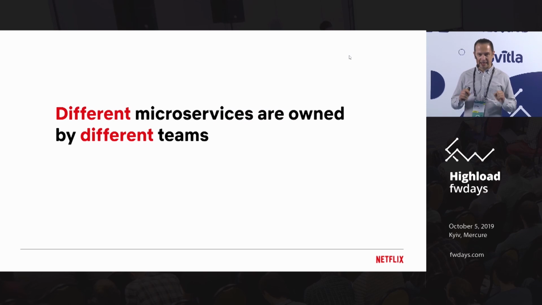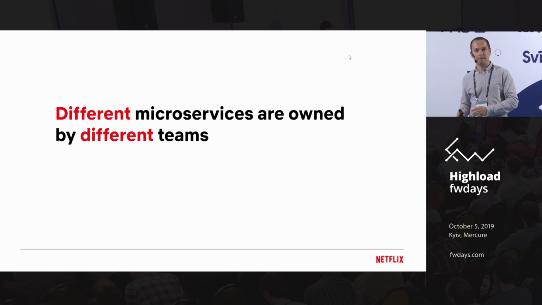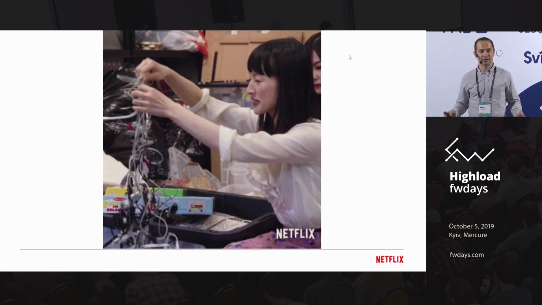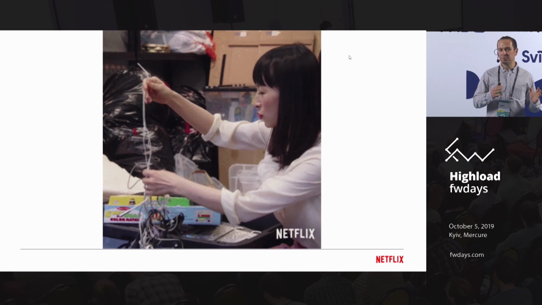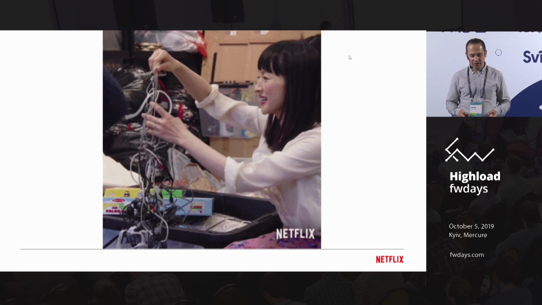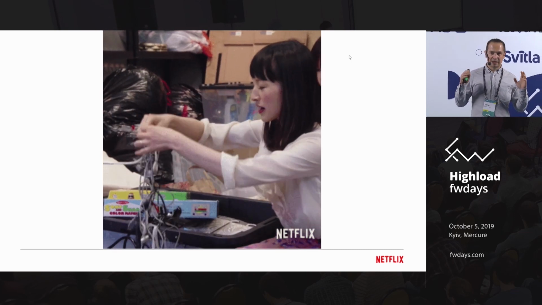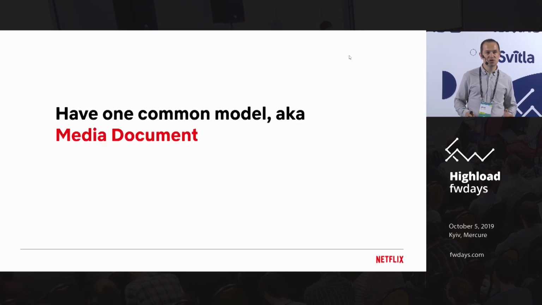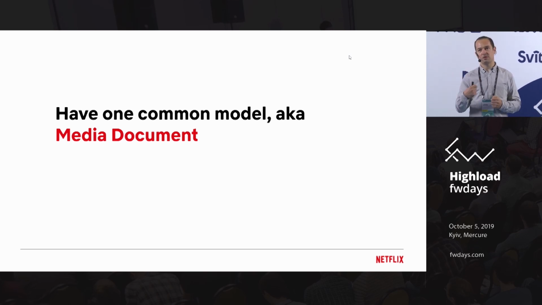Now, another part is that because those are microservices, different services are owned by different teams. And different teams tend to have completely different ways of how they want to model their data structure. So eventually, after some time, it looked like this. You cannot make sense of all the different JSONs we had in a database. Eventually, what we had was some mess that we needed to untangle. And the solution to that was a common data structure that we validated on the input. You can think of that as schema on the write as opposed to schema on the read.